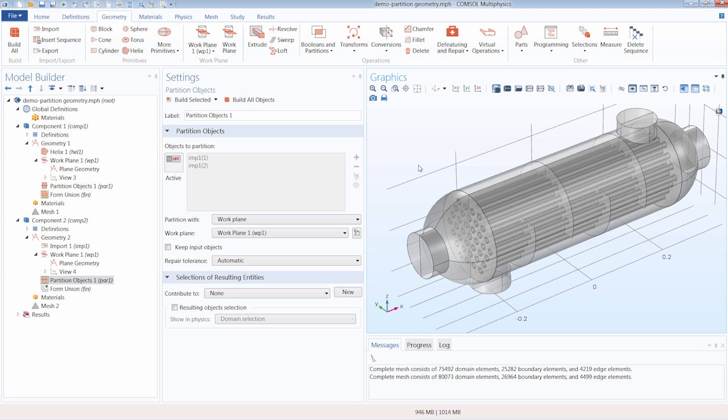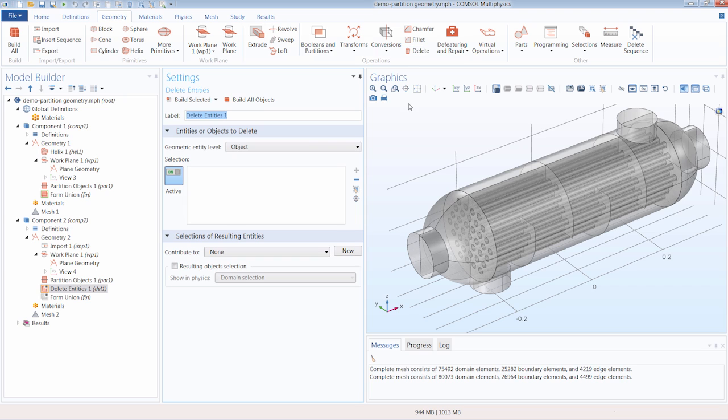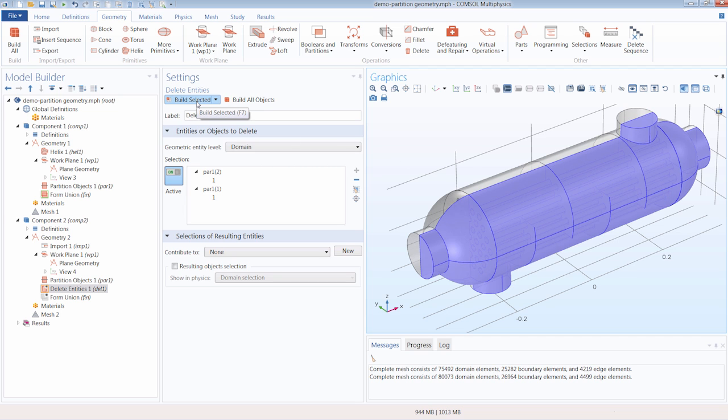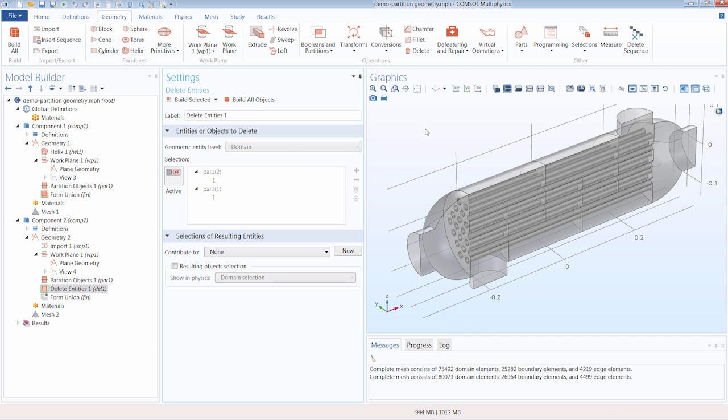We can now delete the portion that we want to remove using the Delete Entities operation. So first, we'll want to change the geometric entity level to domain, and now we can select the domains on one side of our heat exchanger. Let's do the right half. And now you should be able to recognize this geometry as what's used in the shell and tube heat exchanger